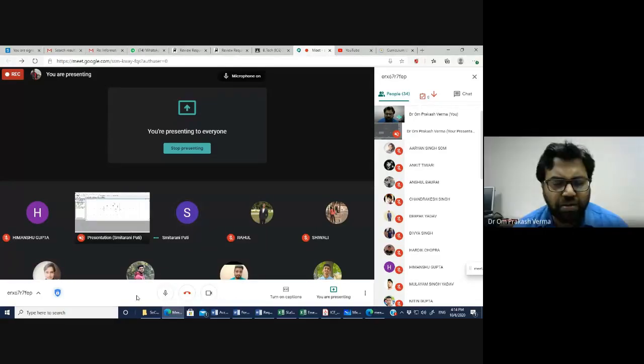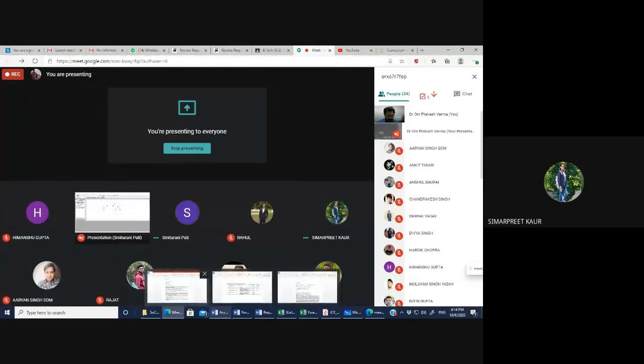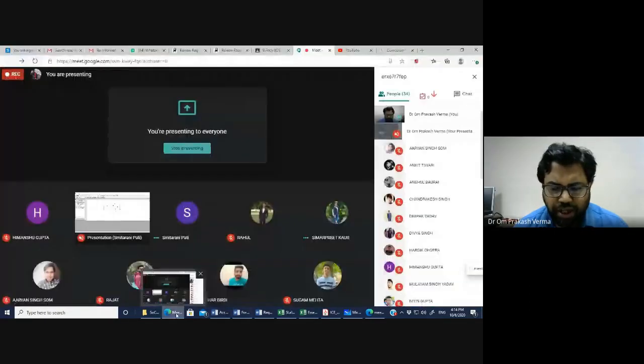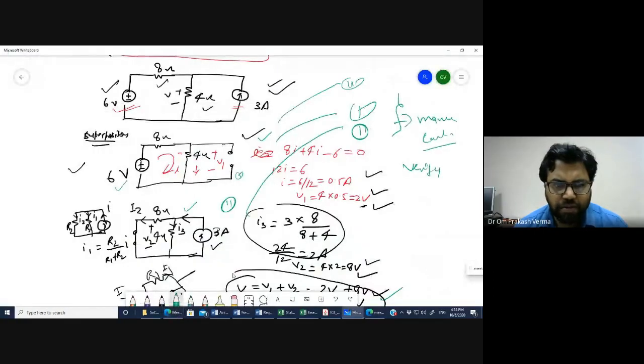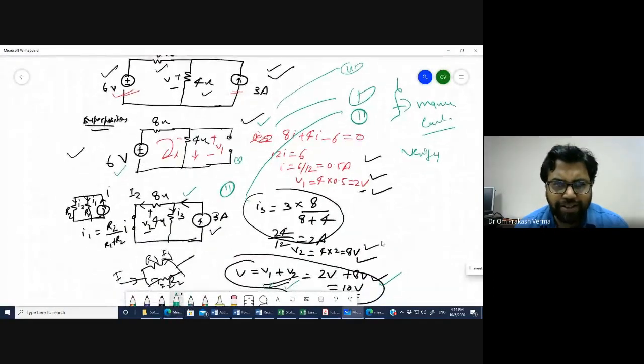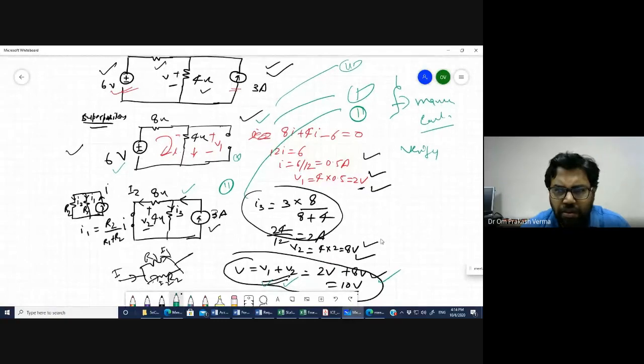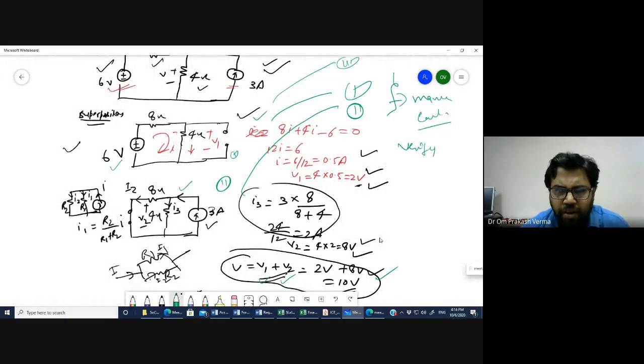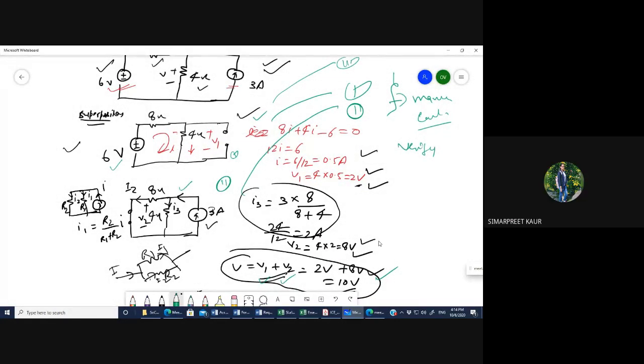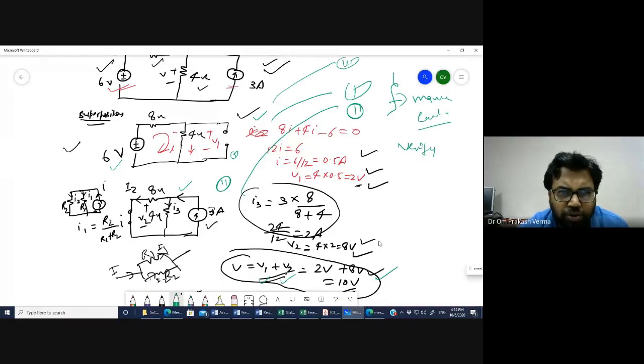It's not a big deal, you just have to connect the resistor, the voltage source and the current source. Nothing else. Excuse me, sir, I had completed the simulation part. Can you tell me what the answer is? You are getting the same result? You can present your screen so I can also see the movement of my pen.